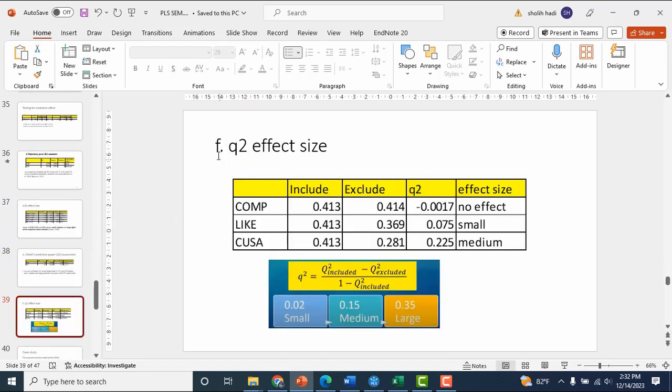And the last is we try to assess the q square effect size, or the change in Q square when we include and exclude the exogenous variable. How to do?